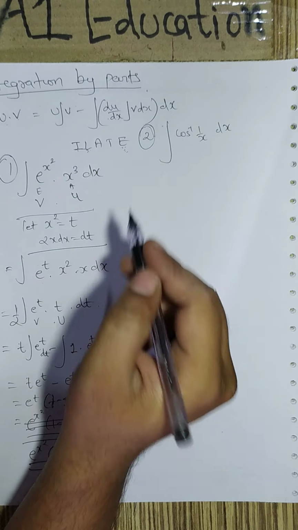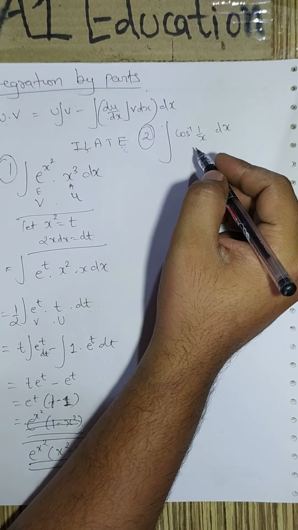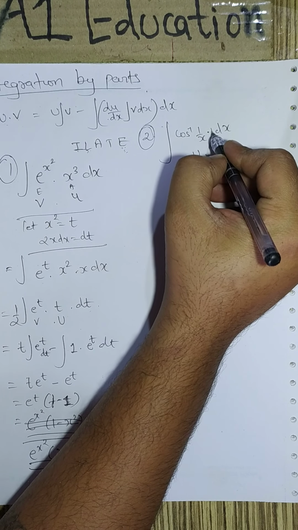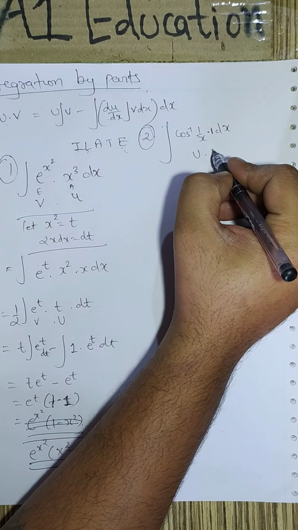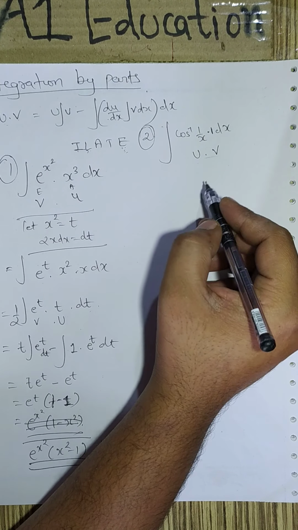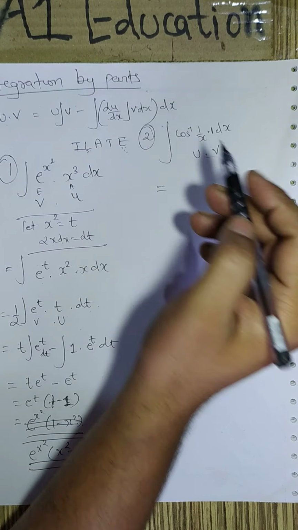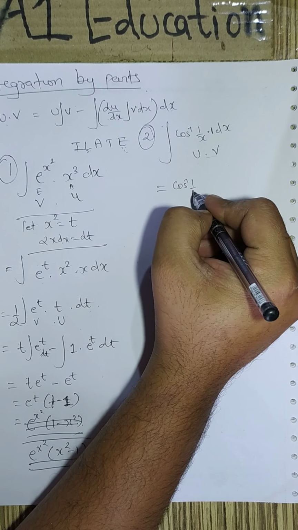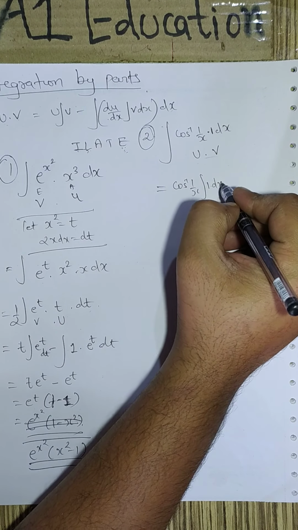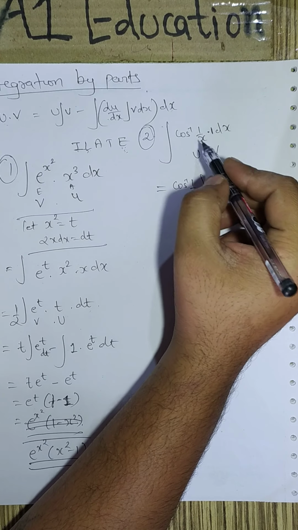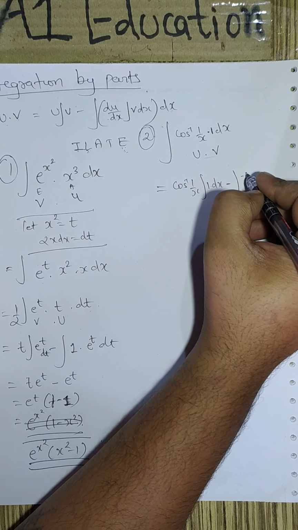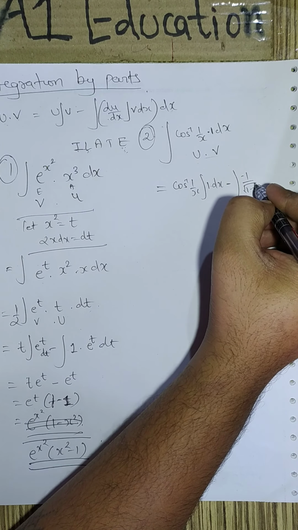In the case of an inverse trigonometric function, make sure that the inverse trigonometric function always remains u, and here you can add 1 which becomes your v. This is a must for inverse trigonometric functions. Let us try this again applying this formula. So u integration of v is our 1 dx minus integration of du by dx. So differentiation of the u term will be minus 1 upon under root of 1 minus x².